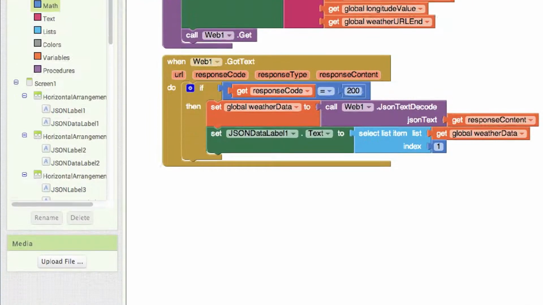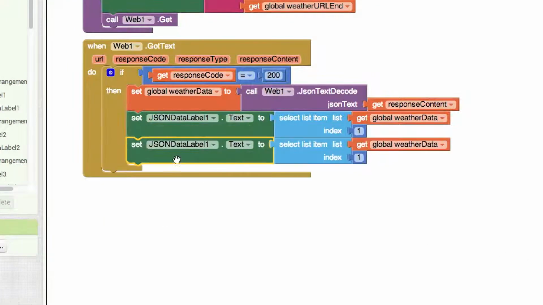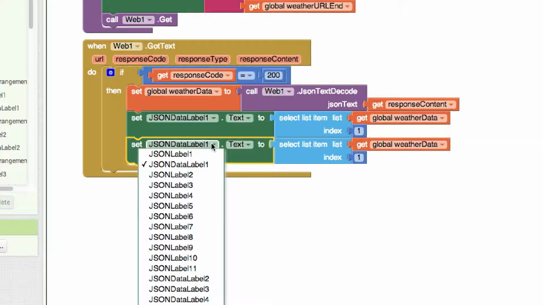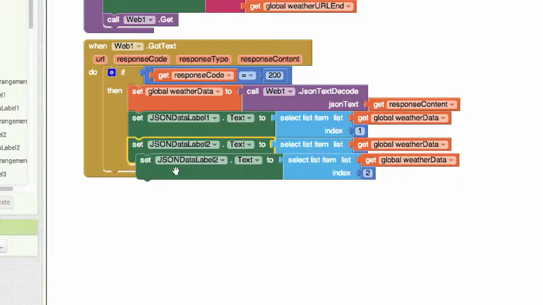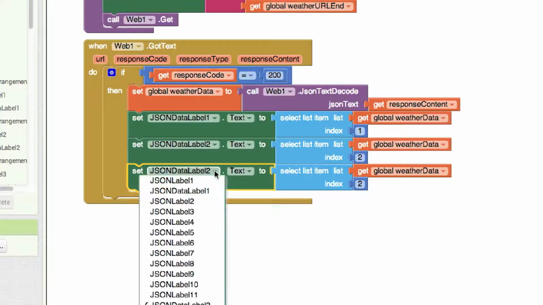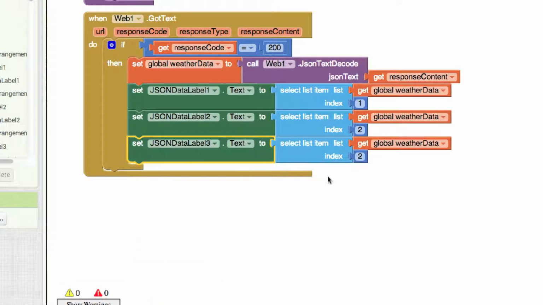Then if I want to do this for all the other ones, remember there's 11 of them, I can just do a duplicate, drag that right there, change this to label, JSON data label 2, there that is. And then in this situation, I want the second item in the list. And then if I want to do it again and duplicate it, remember I have 11 of them, come in here, do this, and am I going to be able to get to it? Yes. JSON data label 3, there it is, and we can do that for all of them,